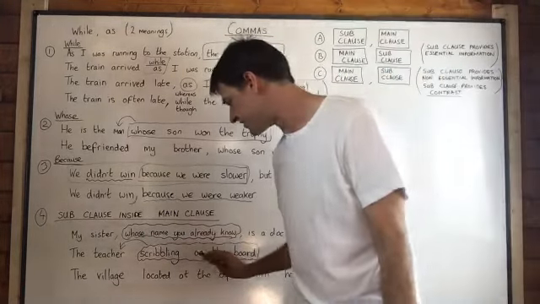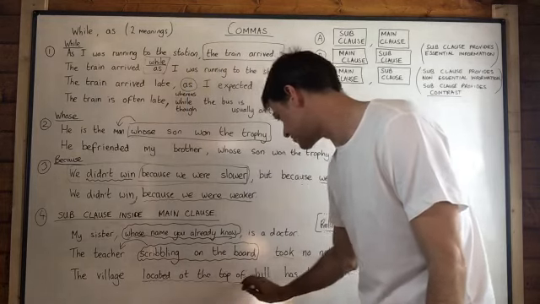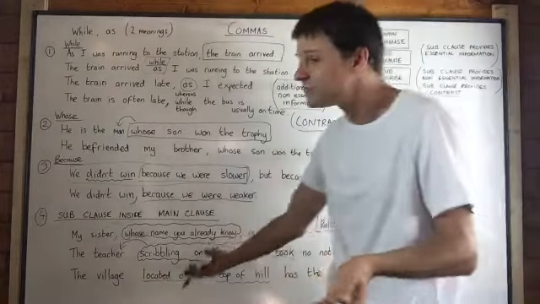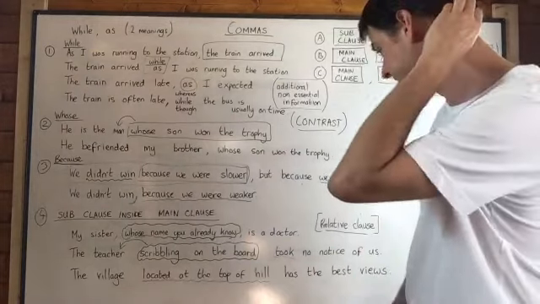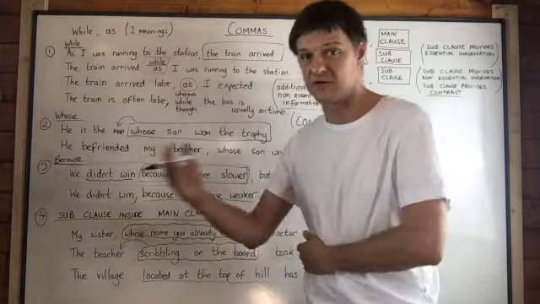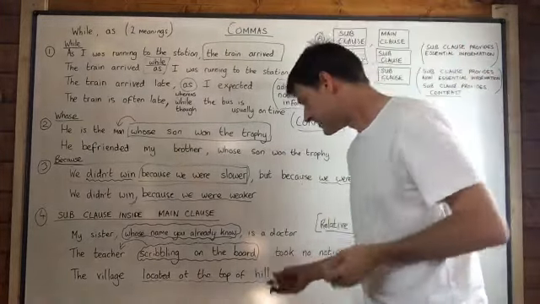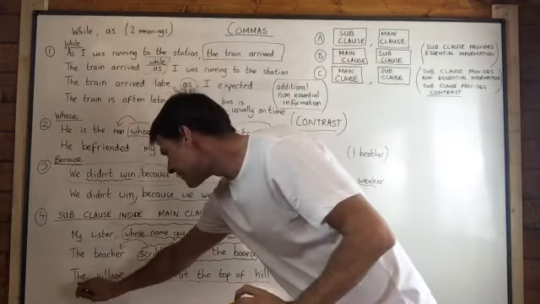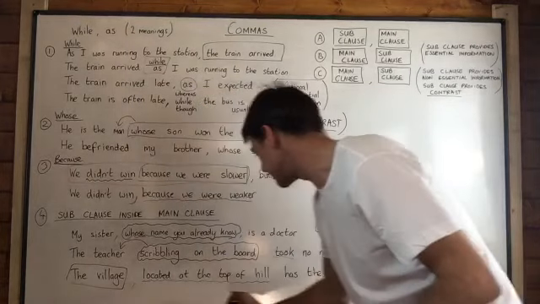Okay, this is a participle phrase, and I'm going to show you one more participle phrase: located at the top of the hill. So here's the subordinate clause. It's really a phrase rather than a clause, because I believe a clause has to have a verb in it. I'm not sure if we can count participles as verbs or not. They're very often called verbals. They're called non-finite verbs as well. But I just want to show you the basic idea here, where if the person already knows which village, then this is just extra information.